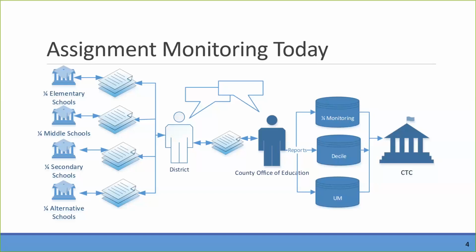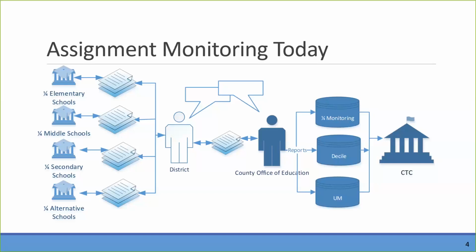And so then they have a third database that they report into. These are all online FileMaker databases, and the third one's called the Uncorrected Misassignment Database. So all misassignments are required to be corrected within 30 days. Anything that's been uncorrected is reported to the Commission as an uncorrected misassignment. So all of that then comes to the Commission for follow-up and reporting to the legislature and to the Commission commissioners. It gets reported biennially right now.